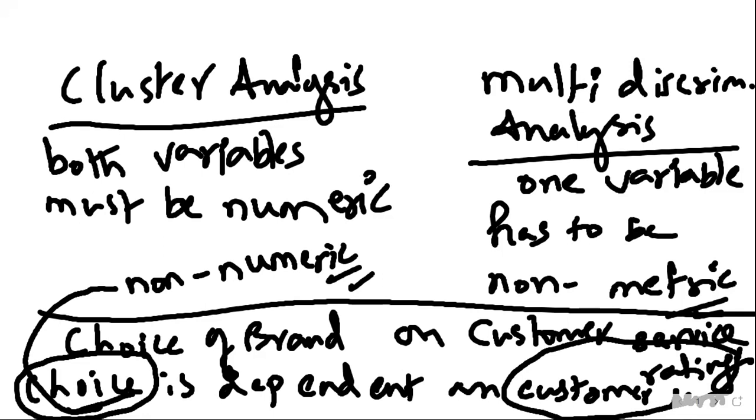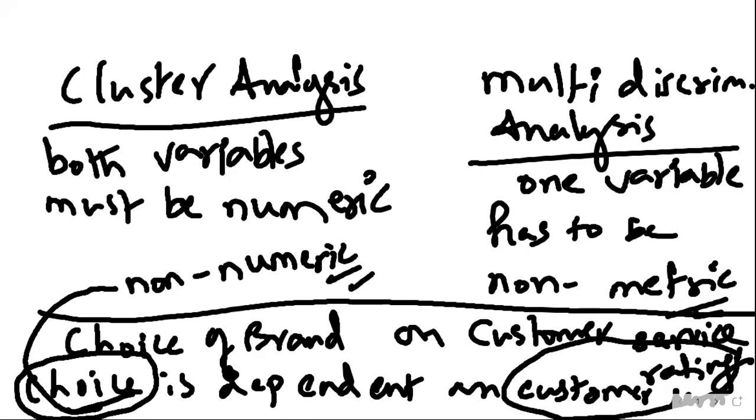For example, the dependent variable may be the choice of brand of personal computers, and the independent variable may be the ratings of the characteristics of the computers on a 7-point Likert scale. Development of a linear combination of the independent variables will best discriminate the categories of the dependent variable. Examination of whether a significant difference exists between the groups in terms of the independent variable. All these things can be done using multidiscriminant analysis.